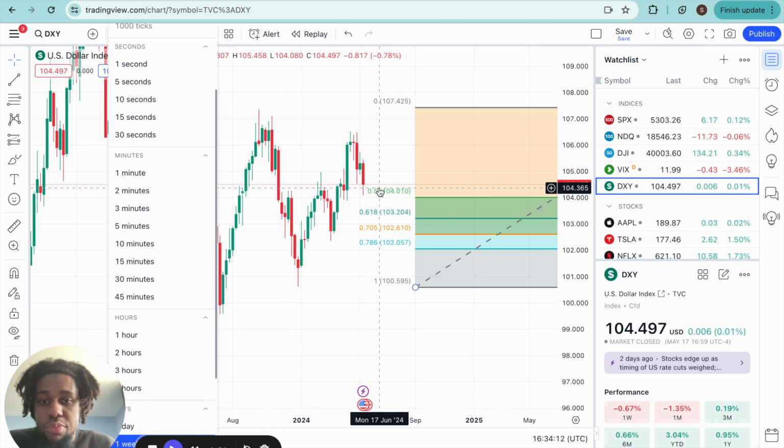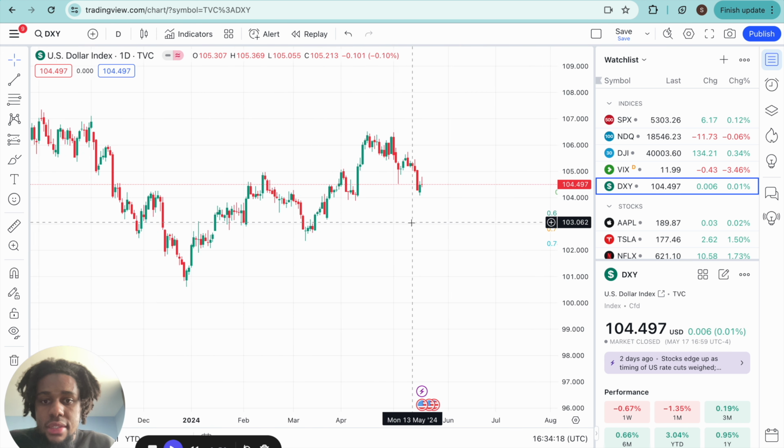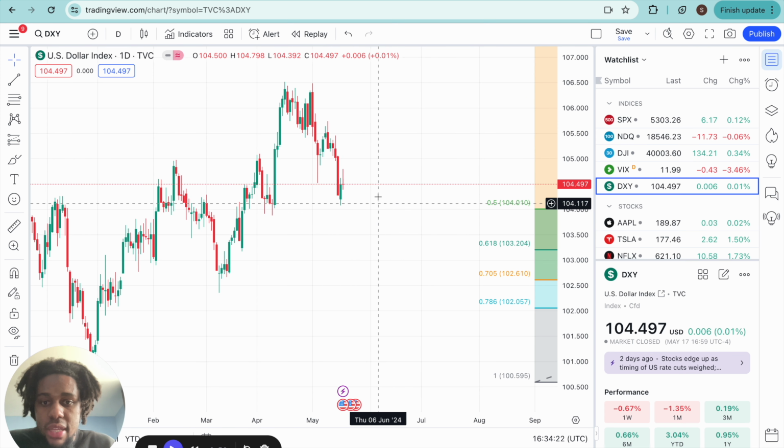It doesn't seem that pronounced when you look at it on the weekly chart, but if we go down to the daily, you actually see that it's a lot more pronounced than we think it is. So as we can see, we came down here on the daily chart on Thursday, and then we had a sharp reaction going upwards into Friday, and then some consolidation above the closing of Thursday's bullish price action on the dollar.